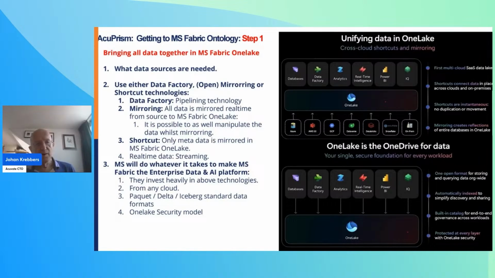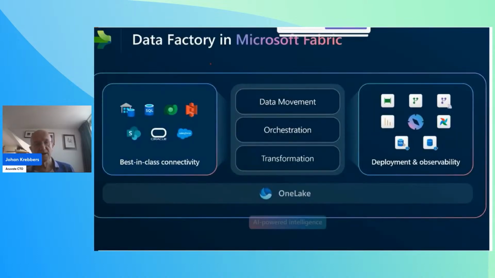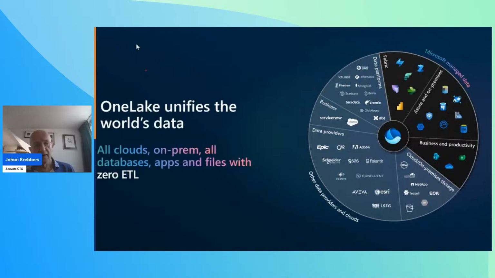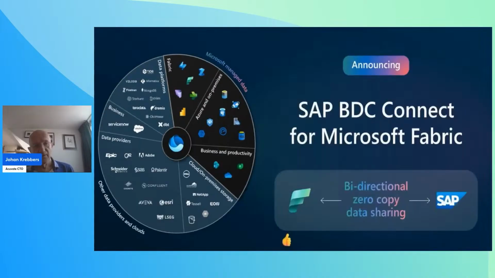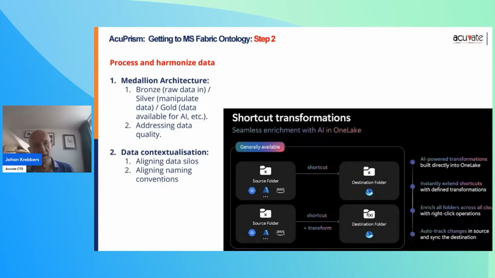So here we first talk about the data layer, using, of course, OneLake to really get all the data to come together. And as you know, Microsoft Fabric has a number of ways of getting data to OneLake, either mirroring or shortcut, for many different data sources into your OneLake space. And you see that over here and in some of these other slides, like from SAP and other environments.